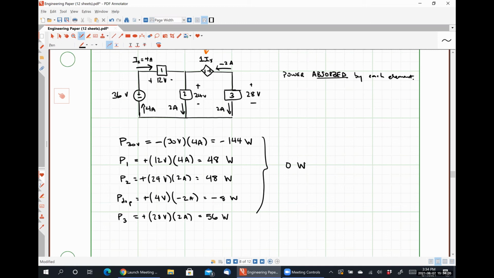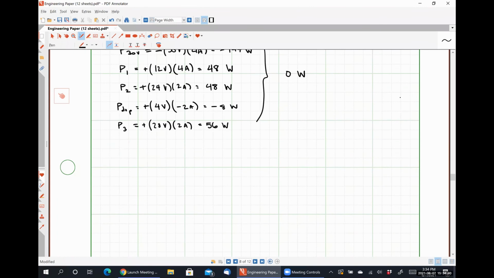So the fact that the sum of all of the absorbed powers in a system must equal 0, or we can adopt the opposite convention, the sum of all of the power